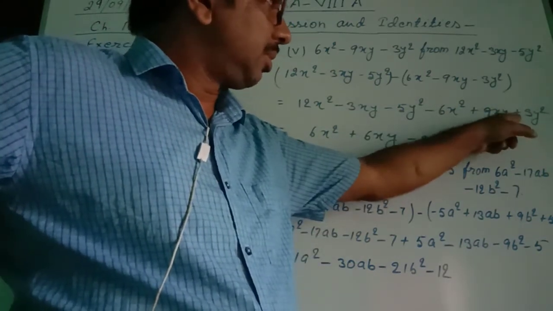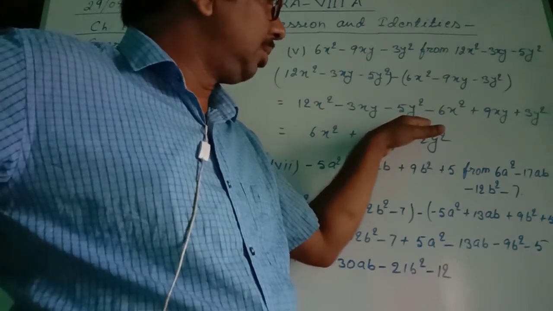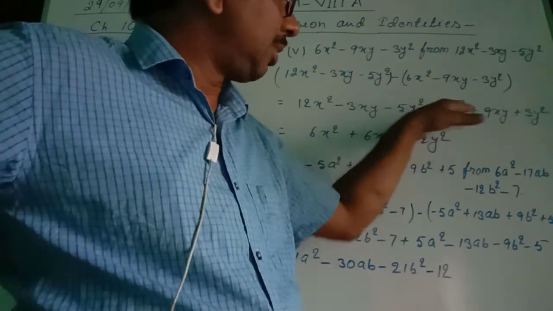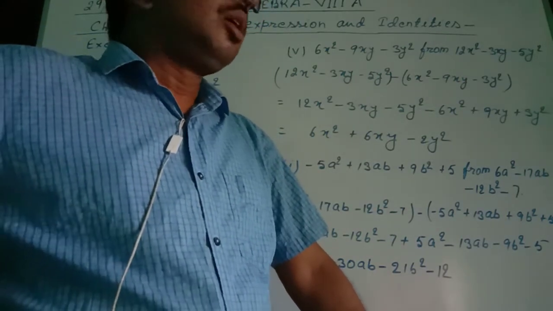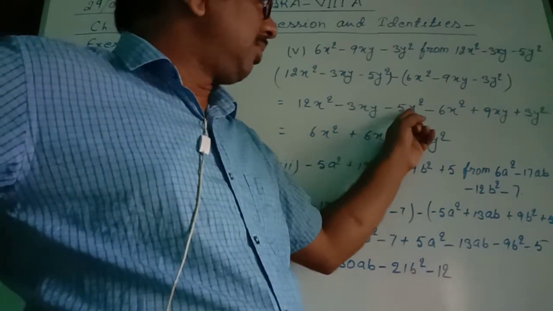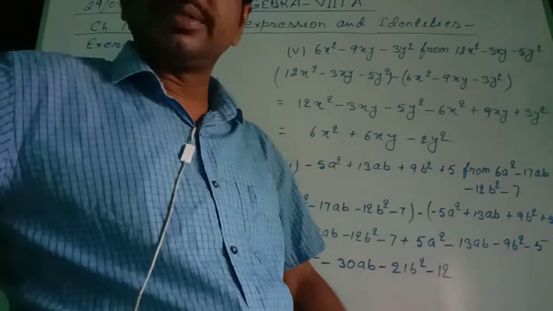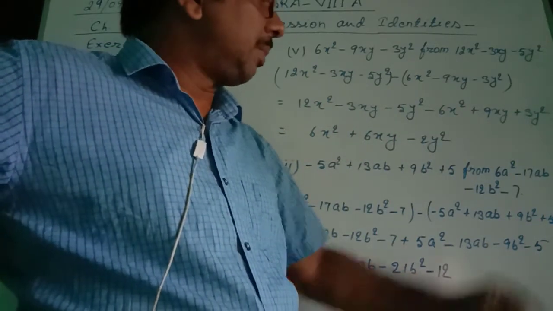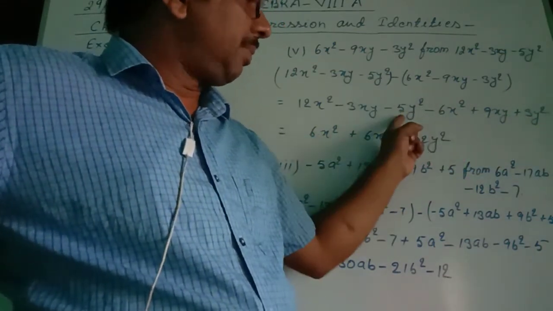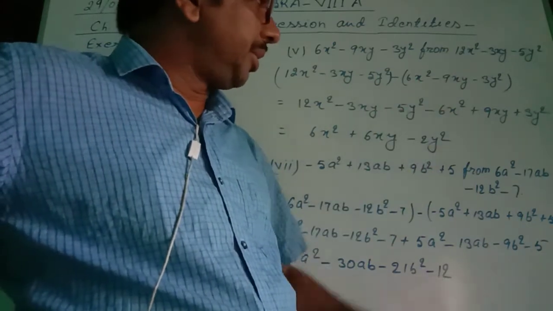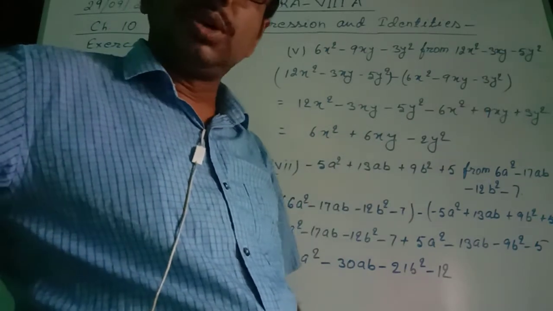I repeat at this point. Minus plus means what will you do? The main confusion among the students is that with minus 5y square and 3y square, you will add or you will subtract. For that we multiply the signs of 5y square and 3y square. It has minus sign, it has plus sign, I multiplied minus plus, minus. It means we will subtract a smaller term from the greater term. 3y square is a smaller term and 5y square is greater term, so I subtracted it. And I got 2y square, means 5y square minus 3y square equal to 2y square.